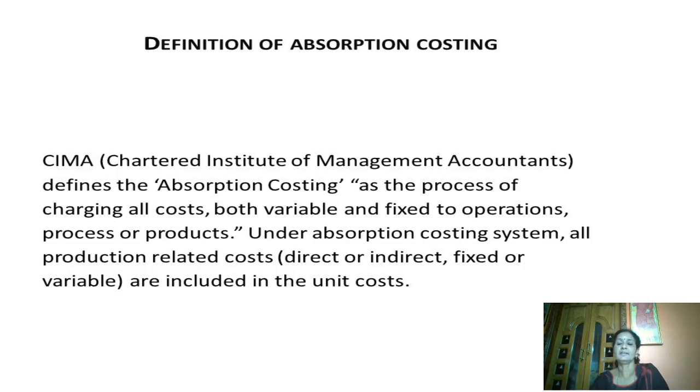So while preparing the cost sheet, normally what we do is we take up all the variable cost and in the end, altogether we add the fixed cost. But here in absorption costing, under each cost, as I told in the last slide, for factory cost, both variable, semi-variable and fixed will be added, and there you will come to know what is the factory cost per unit of the product.